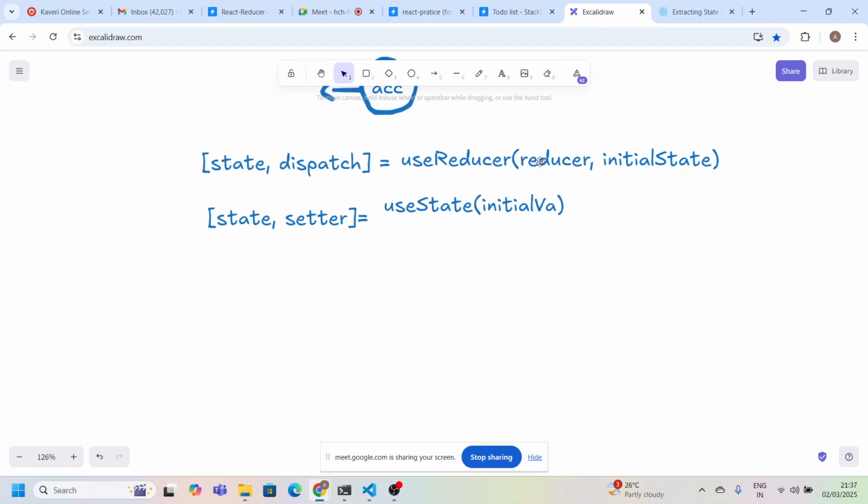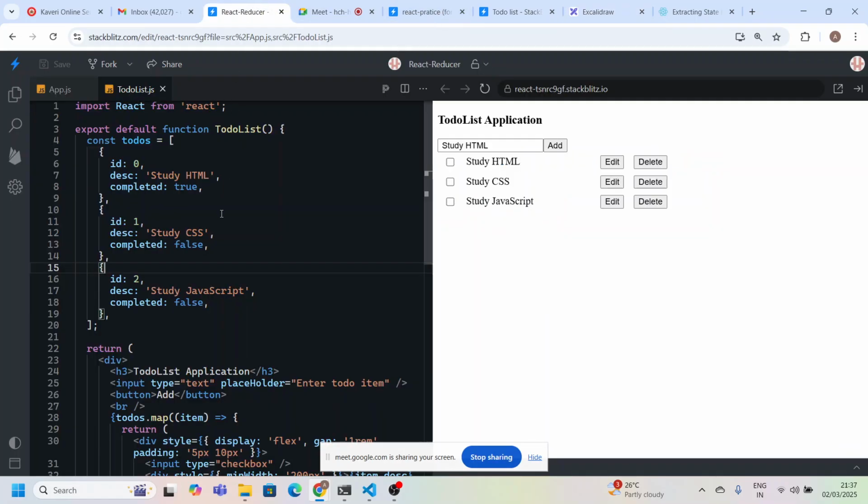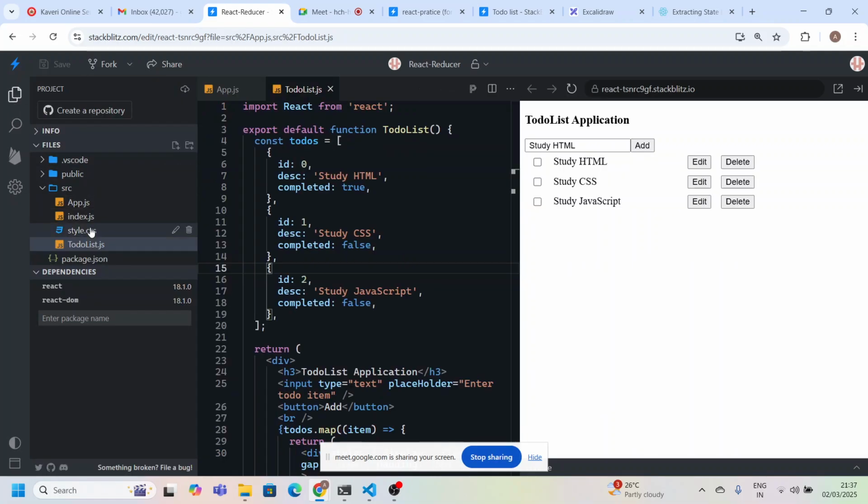Okay, now let me show you how exactly this works. I think what you guys did is a to-do list. We will not implement the to-do list first. I'll talk about another simple component where we can use this useReducer. So let me just create one function, one component here,